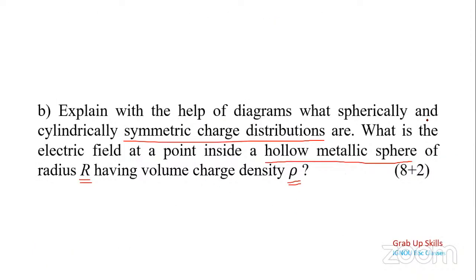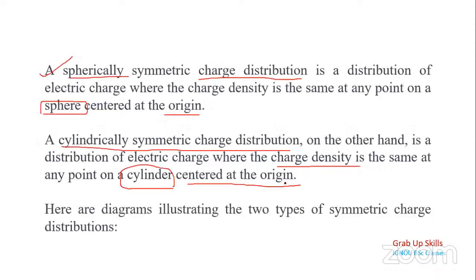Explain with the help of diagrams what spherically and cylindrically symmetric charge distributions are. What is the electric field at a point inside a hollow metallic sphere of radius r having volume charge density rho? So now, what is a spherically symmetric charge distribution? It is an electric charge where the charge density is same at any point of the sphere centered